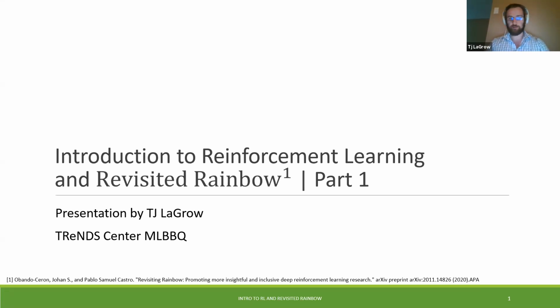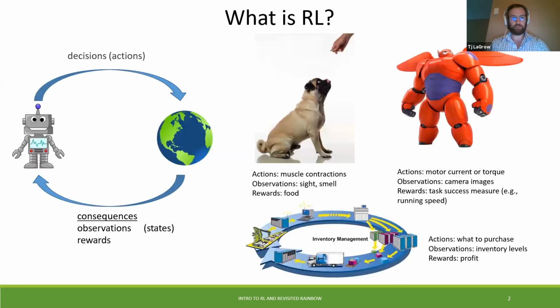So today we're just going to be doing a very high level overview, going into some of the reasons why we do reinforcement learning, and then talking about some of the different flavors of algorithms, and then going a little bit deeper into DQN. So to start, what is reinforcement learning? It is a real mathematical formalism for learning decision making. And it's an approach for learning decision making and control from experience.